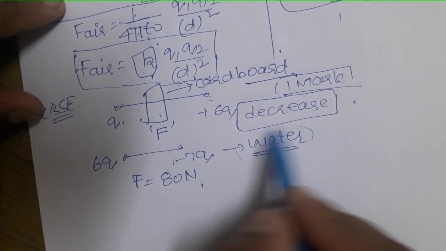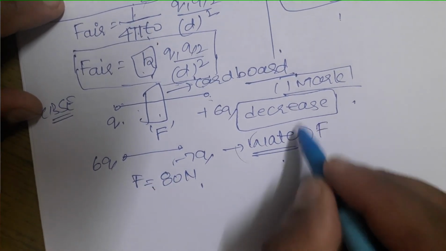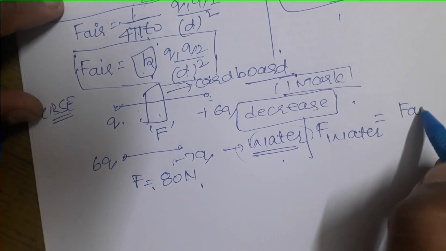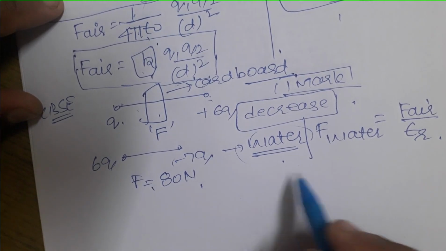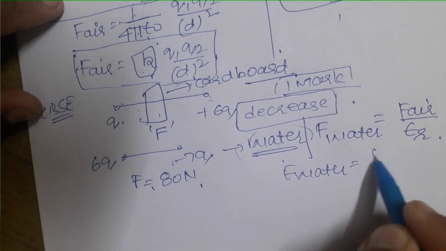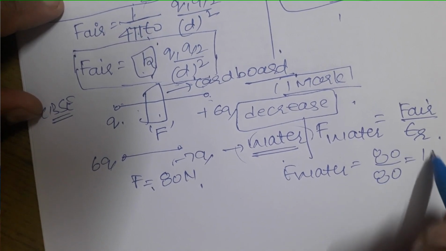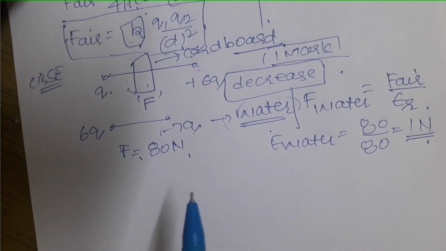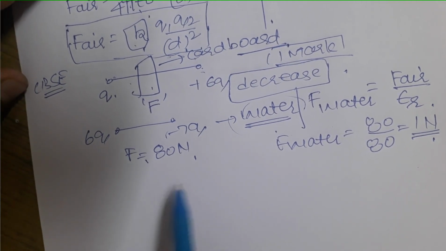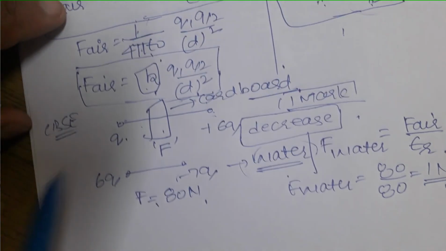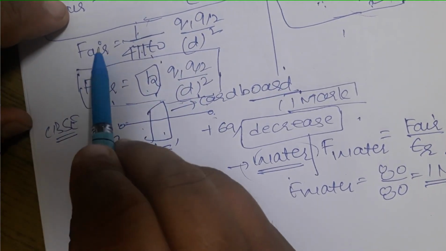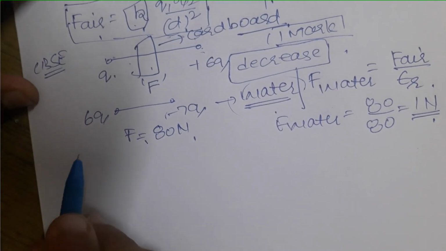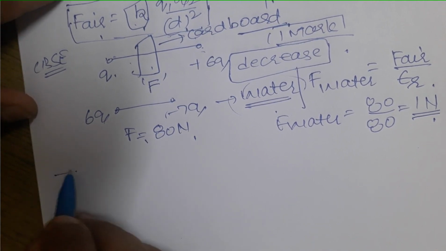You take these two charges inside the water. Now if you are taking them inside the water, I want to calculate the force in water. It will be the force in air divided by the dielectric constant. So force in water will be equal to 80 divided by 80, and if you solve it, it will be 1 Newton. The force between the two charges. So clear? What is clear? That whenever I want to solve the numerical, I will use F equal to 1 by